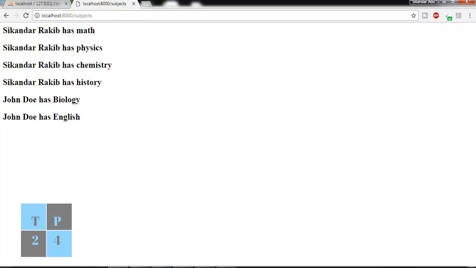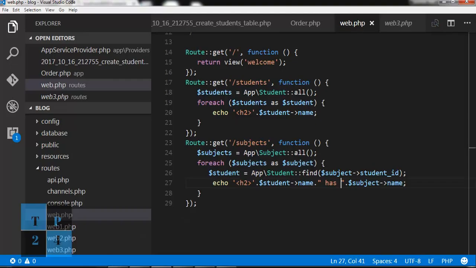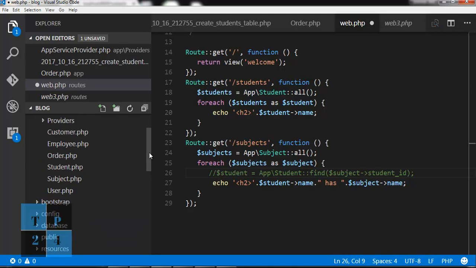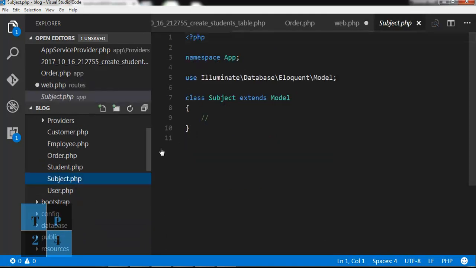So I am going to use the smart way by which Laravel follows the database relationships. I am going to do it in models. So here I am not going to keep it anymore, so I am remarking it, and instead I am going to make the relationship between two tables by using the model file. So I am going to the subject.php file, it is the model, and here I am going to write